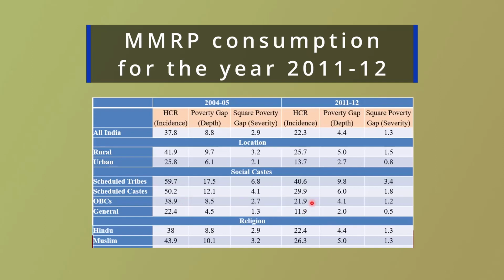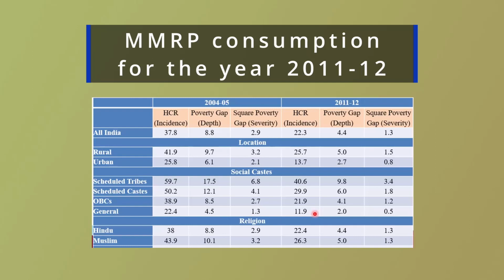In case of scheduled castes, the head count ratio decreased from 50.2% to 29.9%. In case of other backward castes, the head count ratio also decreased from 38.9% to 21.9%. In case of general caste people, the head count ratio was relatively low, and it also decreased from 22.4%